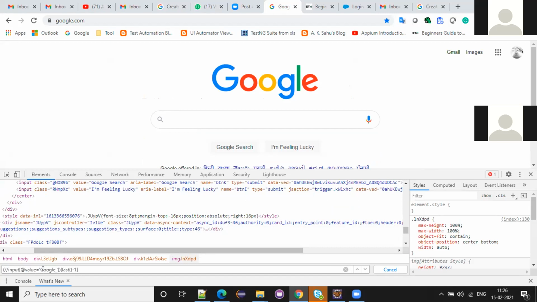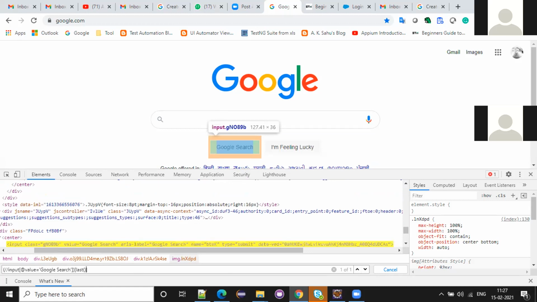Google search. Okay, got it. So here what I did, like position, which position you want. Last minus one, in the sense, which is the second one. Okay, so you got the second one. But see, instead of using this one, using index one is better, but you have to know how you can use this one. So last minus one in the sense it will give this one.